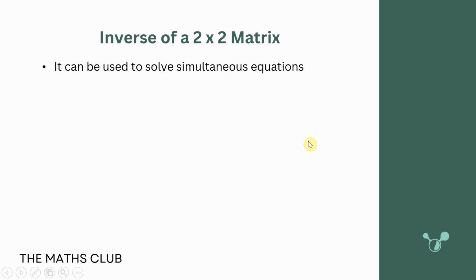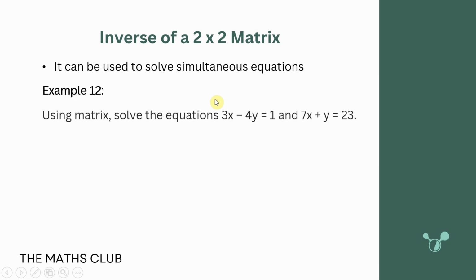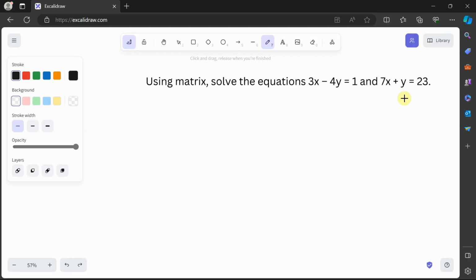Like I said, a very good importance of the inverse of a matrix, of a 2 by 2 matrix, or any matrix, is that it can be used to solve simultaneous equations. So let's see an example of that. We're told to solve the equation 3x minus 4y is equal to 1 and 7x plus y is equal to 23 using matrix. So to solve this question, first things first, we know that our equation 1 is